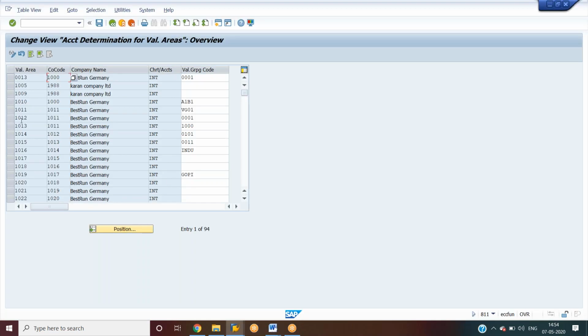Here we have valuation areas, company codes, company name, and chart of accounts. The valuation area, as I said, is where the valuation of the material takes place, and in most cases we will use the valuation area as a plant.